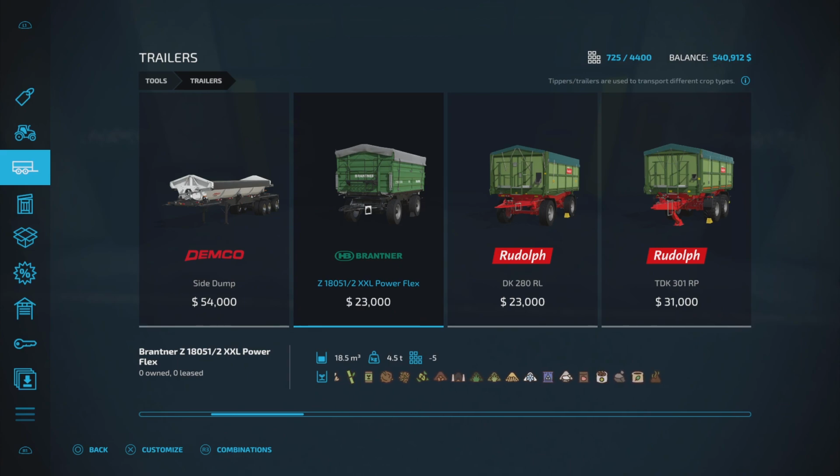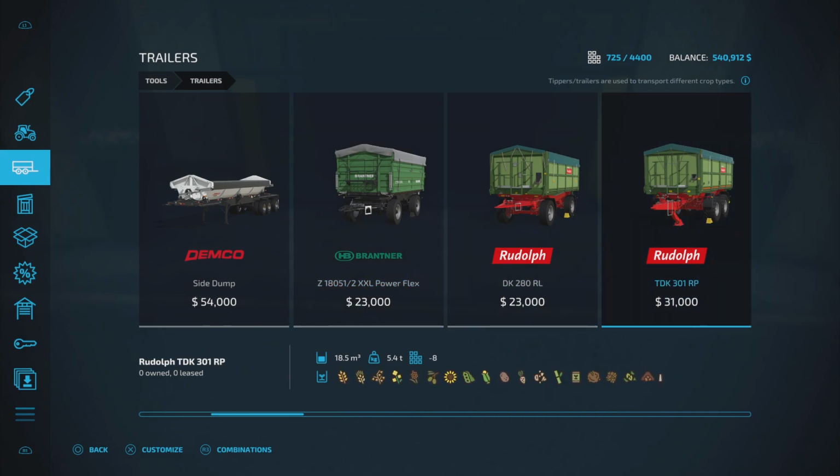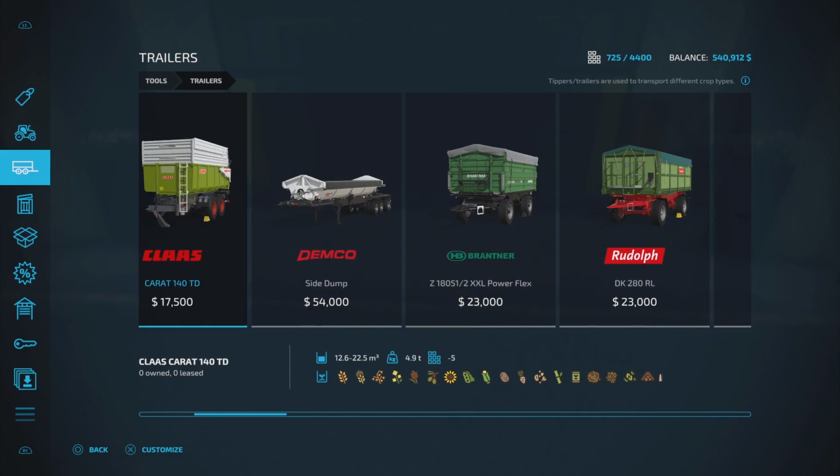18.5 megaliters. Whatever that is. Basically, it usually takes 18,000 liters. 18,500 liters, which is good. Otherwise, we could do a train of these two, but that's going to be probably more expensive than we can